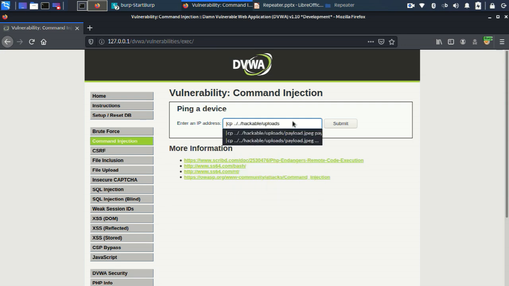We'll copy this file to the present directory as payload.php. Proxy, make it off. Okay, it's off, no issue. And I'll click submit. The file has been uploaded.